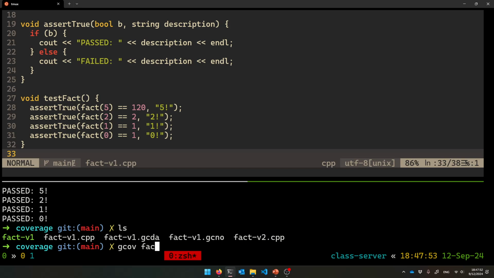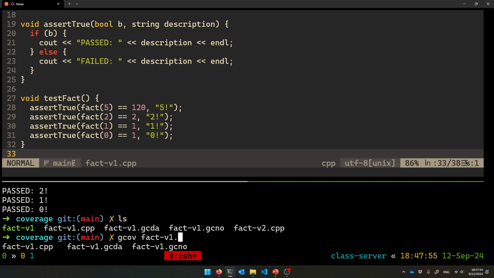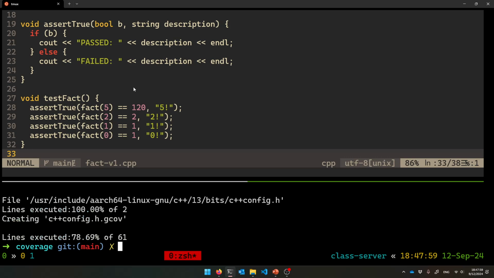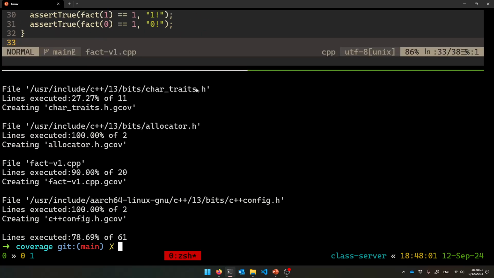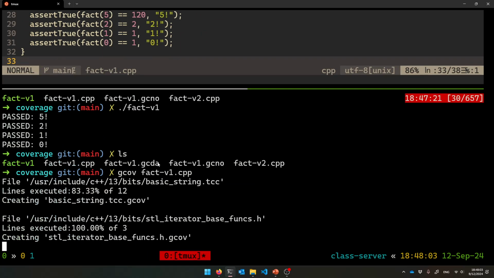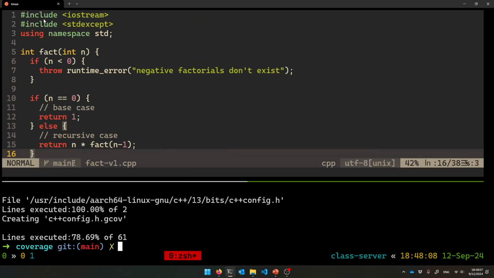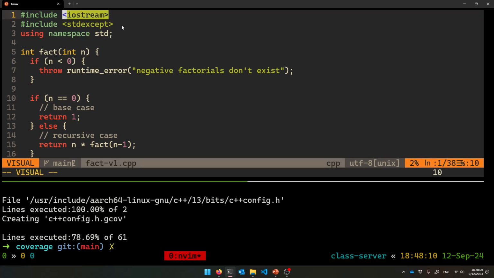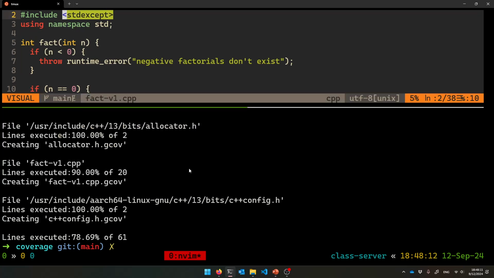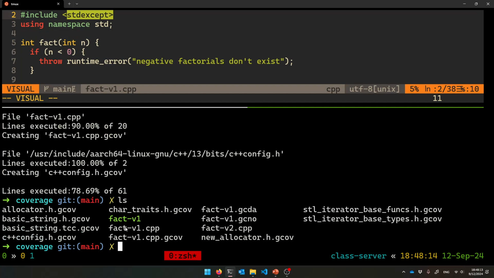So we were working on fact_v1.cpp. A lot of fact_v1 files now. Hit enter, and then it's going to do a lot, and it's going to look into every file that we included and give us coverage information about those too. So every file that we could ever get to, including iostream and standard except. It gave us a bunch of coverage files for everything, including